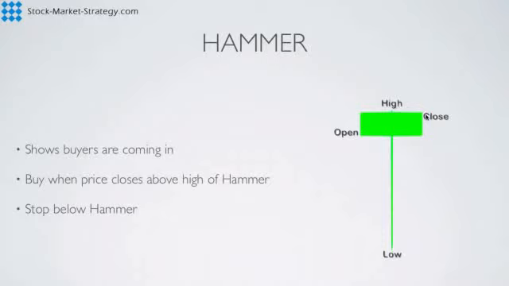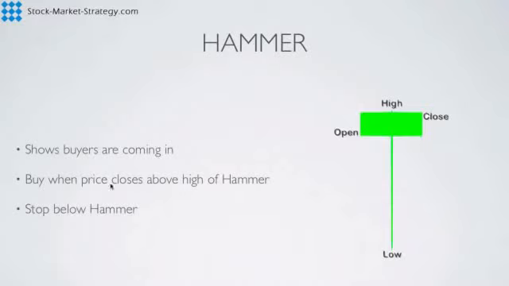But here's the thing. When we say a perfect hammer is one that ends positive, you can either follow theory 100% and say a hammer needs to be green, or you can take a trade when you get a hammer that might not be perfect but everything else is perfect, such as support and trend and other things. So sometimes you have to allow yourself to take a hammer that is not perfect, because the other conditions being met are just perfect.